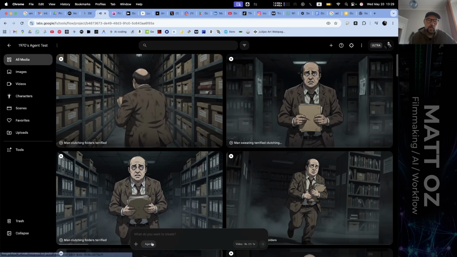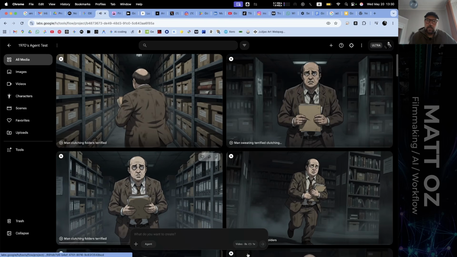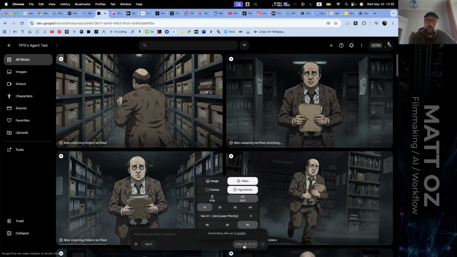There's a new agent mode here, which I can sort of demonstrate a little bit of. It was pretty fun. But the first thing was that I wanted just to do one fun little shot just to test every model. Obviously the old models are still there, they haven't changed. So we've still got